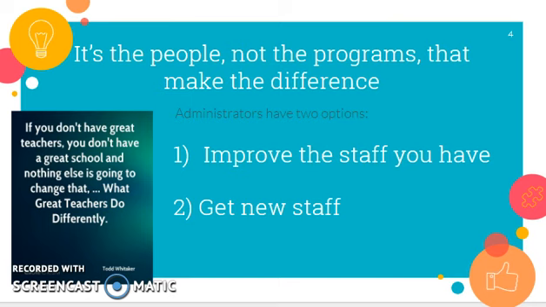All schools have all types of teachers. Administrators will often have two options: improve the staff you have or get new staff. The best teachers do not expect others to carry an equal load of responsibility, but they do expect them to do a fair share of the work. When hiring new staff, it is not always about who will be the best fit socially with the other teachers. It takes diversity, variety, and a hard work ethic to keep staff running strong.